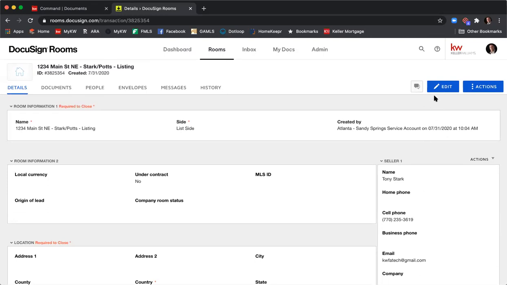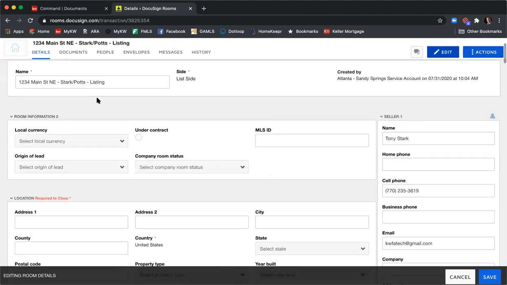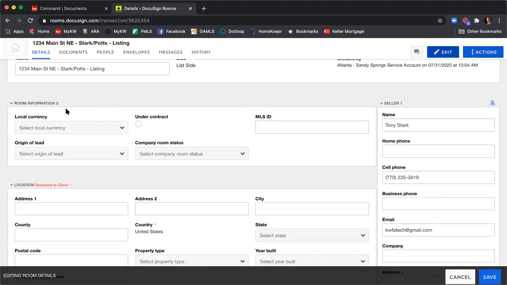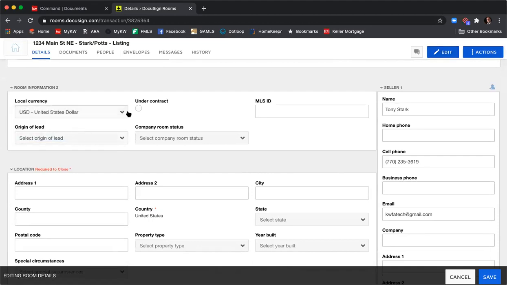So let's go through here and edit all these fields so that the information pulled into our forms is correct. Let's click on the edit button. I could edit the name of the room here if I wanted to. You don't really need to, it doesn't matter, but you can leave it as it is. I'll just fill in as much of the information as possible. So local currency, I'll use US dollars. It's not under contract. For MLS ID,